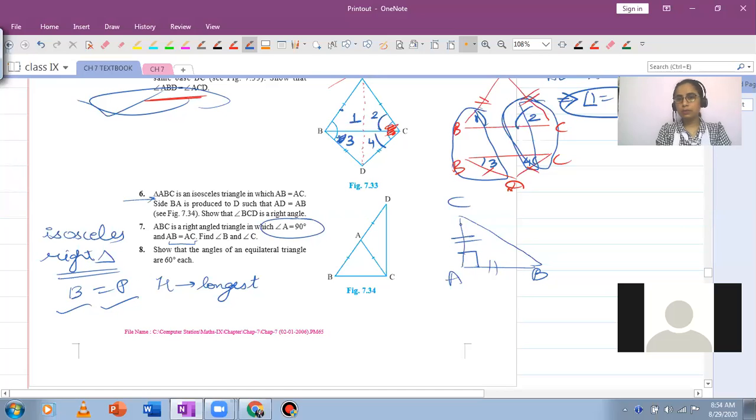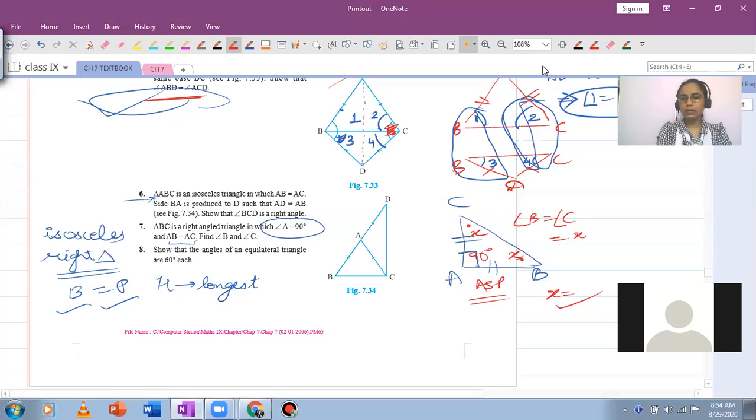So this is what's happening here. We have a right triangle which is isosceles, two sides are equal. AB equals AC. You have to find out the measures of angle B and C. So what we can do is we'll apply theorem 7.2, that if in a triangle two sides are equal, then their opposite angles will also be equal. So according to that, angle B and C become equal. You can assign them a value x. So the measure of each of these angles will be x, and then you can apply angle sum property. By angle sum property, you'll be able to find out x, and that's your question.